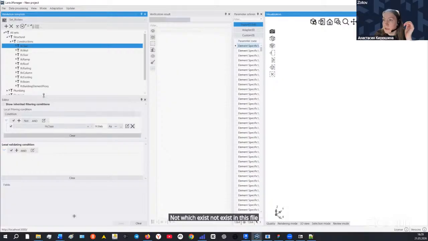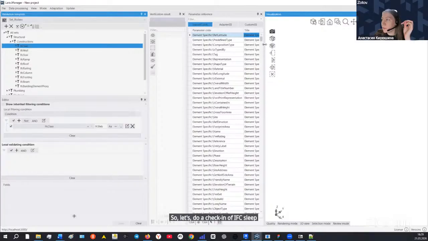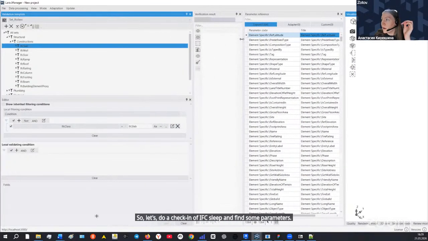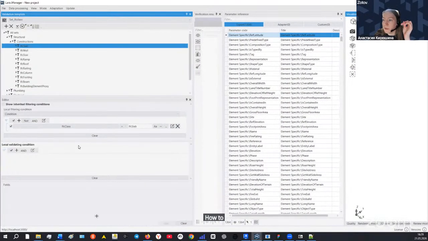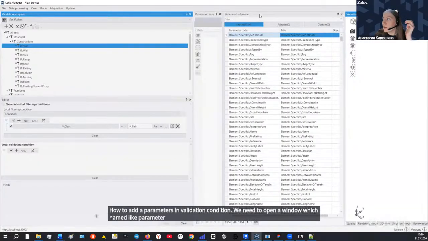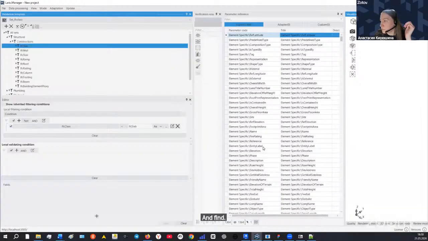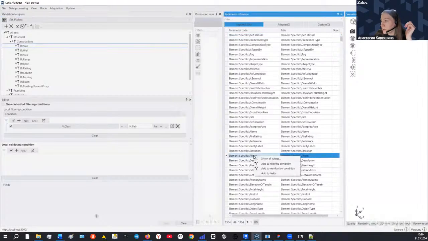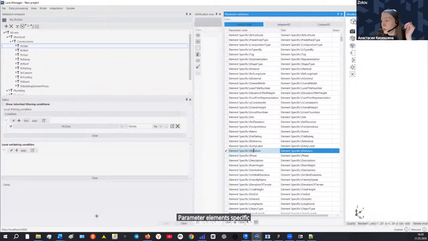So let's do checking of IFC slab and find some parameters. How to add a parameter in a validation condition? We need to open a window named parameter reference, and find, for example, parameter element specific elevation, for example,